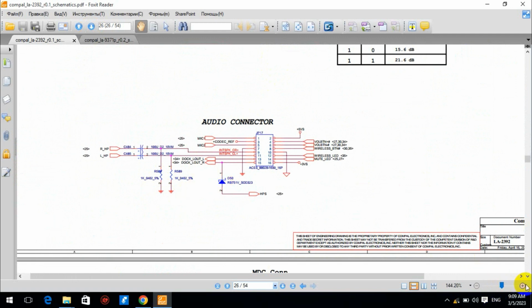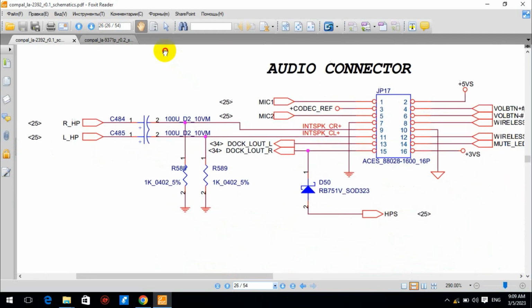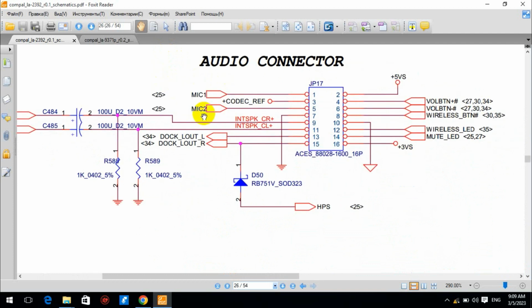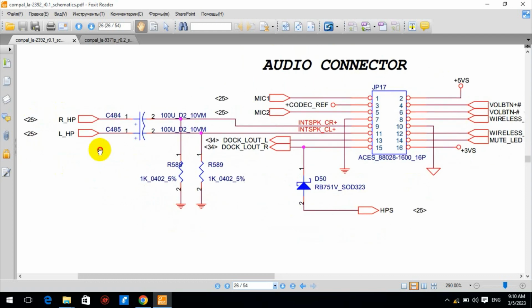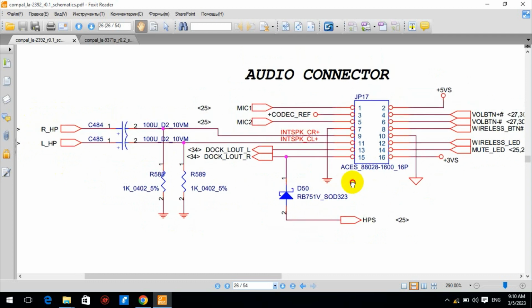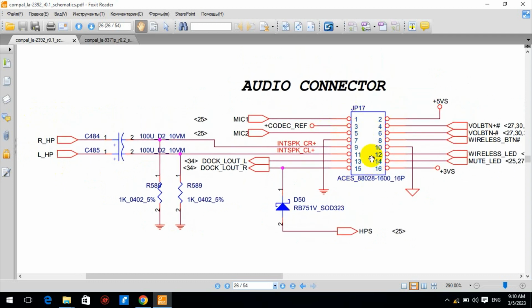As you see here, audio connector, this MC1, MC2, this is coming from the mic, and here HPL, this is coming to take data or output for the speakers of the laptop, the right side speaker and left side speaker. So if you have any problem with this audio circuit, you can check in this chip,